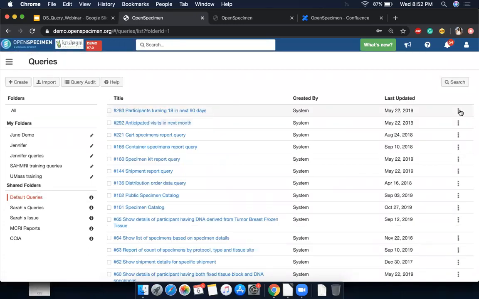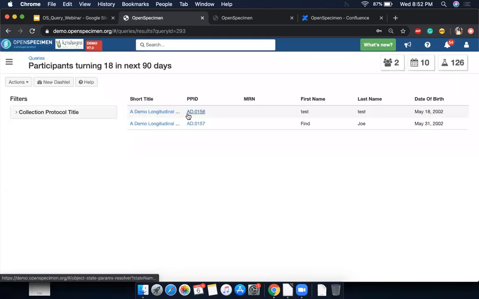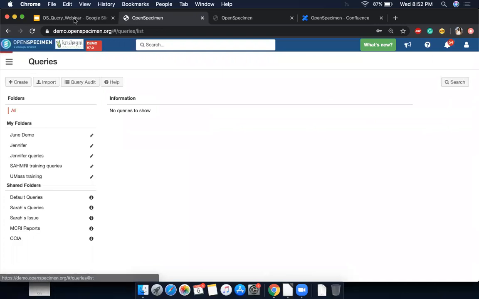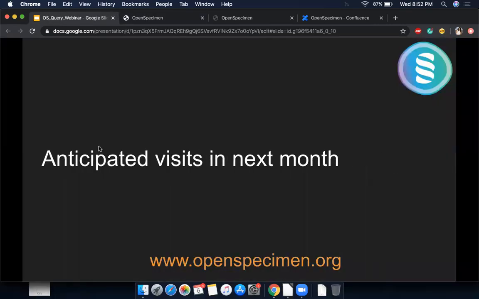And again, you can schedule this query to run every 3 months or every month, to see who is turning 18 in the next 90 days. If you see their date of birth, they're going to turn 18 in a few weeks. So that is one of the default queries available.